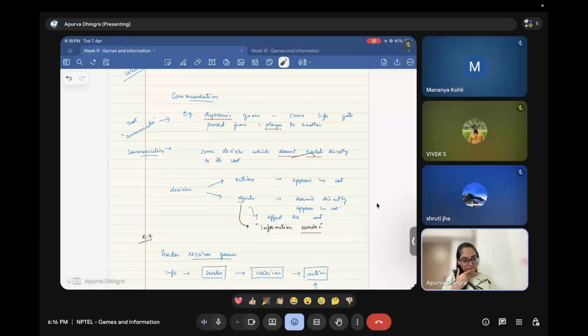Meaning, if you look at the word decision, it refers to two particular cases. One refers to actions, which we have been talking about so far, and these actions are the things that come up in